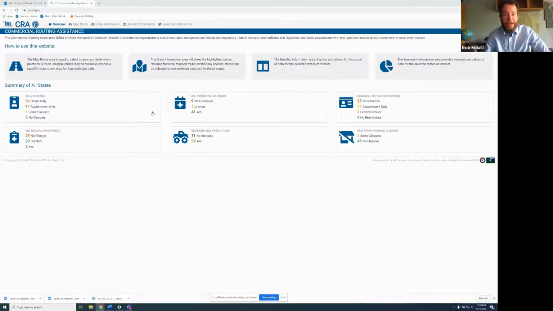What we'll do here is develop a route from point A to point B, see what kinds of options there are for that route. And of course, we can customize that route too if we want to make a special stop at Greg McShane's mom's house or something like that. And then we'll see what kinds of restrictions there are from state to state that would be relevant for decision making for